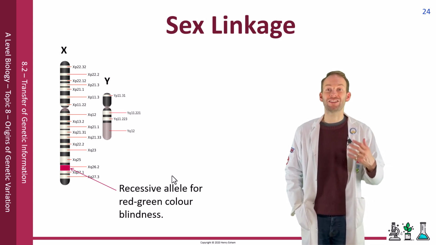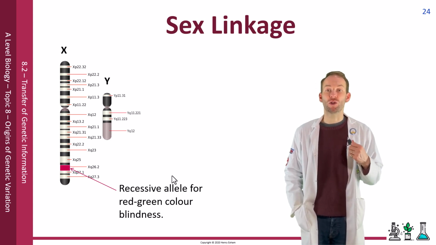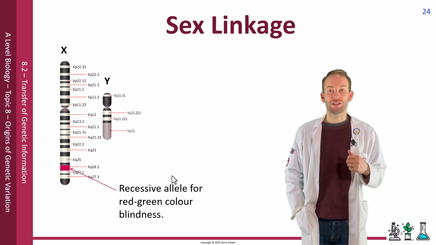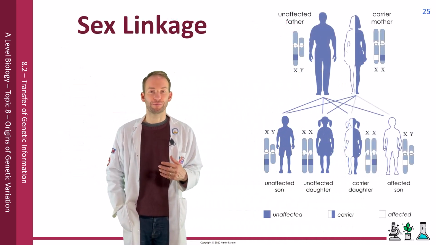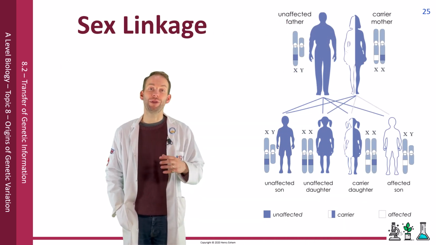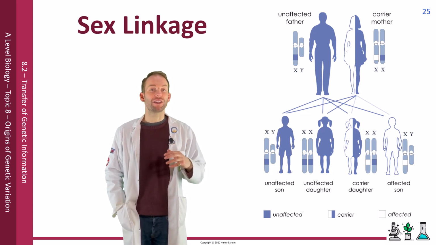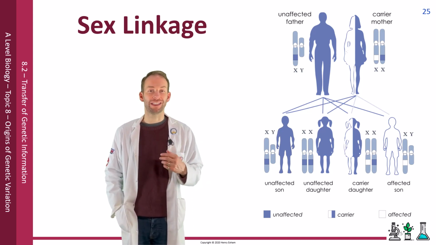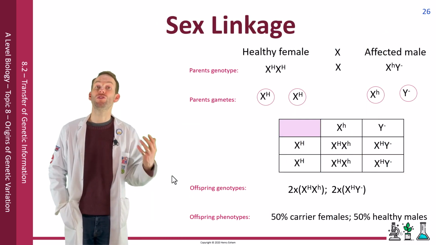Okay, certain X-linked genetic disorders such as red-green color blindness and haemophilia are therefore going to become much more common in males, as they are only going to need to get one of those recessive alleles to have it expressed, but the female would need both her X chromosomes to have it in order to express it. As you can see here in this diagram, a healthy father and a healthy mother, albeit a carrier, can have children, and because the boy only gets his X chromosome from his mother, there is a 50-50 chance he will inherit the X chromosome with the recessive allele on it. None of their female offspring could ever get the disease because they will always inherit their father's normal dominant X